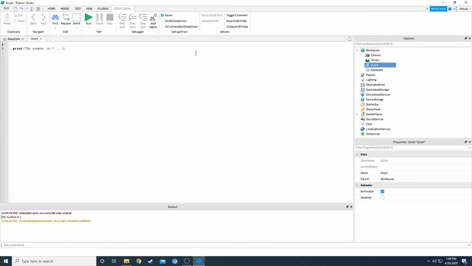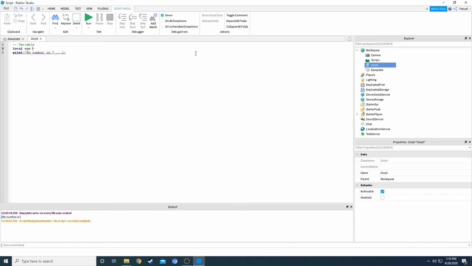We're gonna study variable now. Okay, so a variable is like, how can we say it? It's like where you store your value. For example, we're gonna say local age. This is how you make a variable. You type in local, and then space, and then the name of your variable. For example, we're making it age,